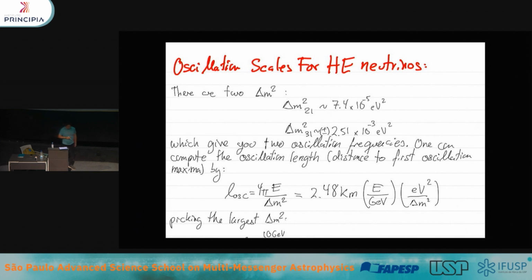Okay. So now, what's important for us? There are actually 3 neutrino states, which means that there are 2 mass square differences that are relevant for our discussion. One of them is this mass square difference 2-1. We know that from reactor experiments, also solar experiments, and that is about 7.4 times 10 to the minus 5 electron volt squared. Then there is a larger mass square difference, which we call delta m squared 3-1. That's the difference between the third and the first mass state. And that one is plus or minus 2.5 times 10 to the minus 3 electron volt squared. And so this sign is actually important.